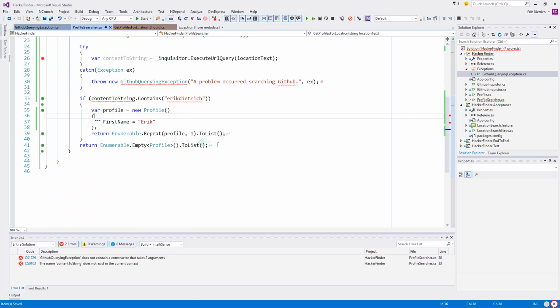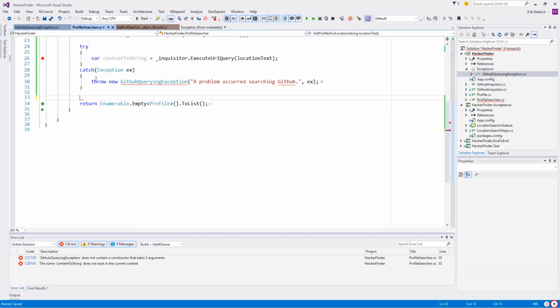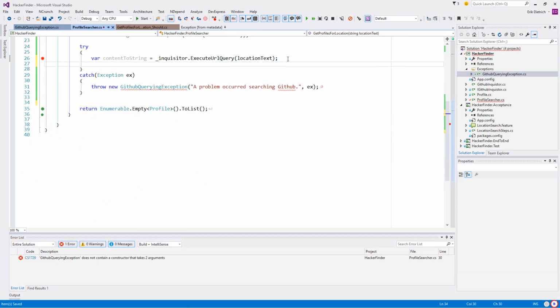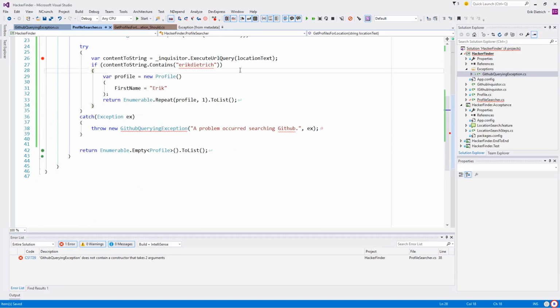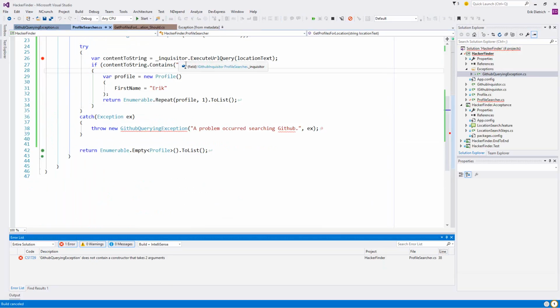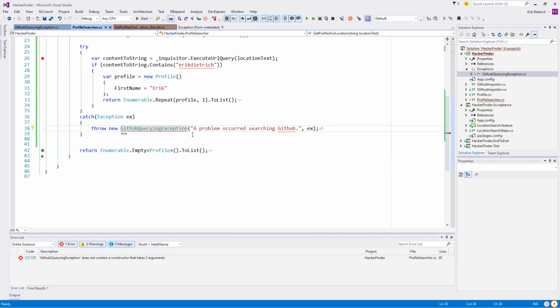I wonder if IntelliSense is just not getting rid of the errors. Okay, so I don't for the life of me understand that. Let's see. Does not contain a constructor that takes 2 arguments.